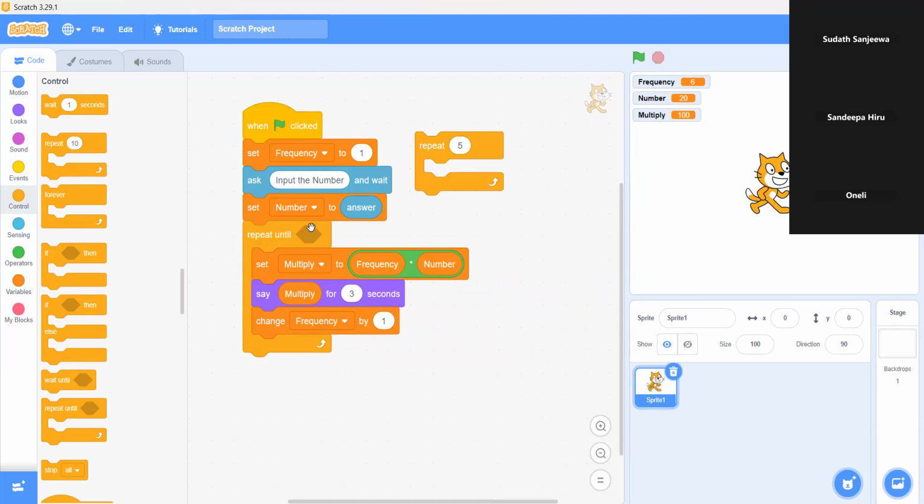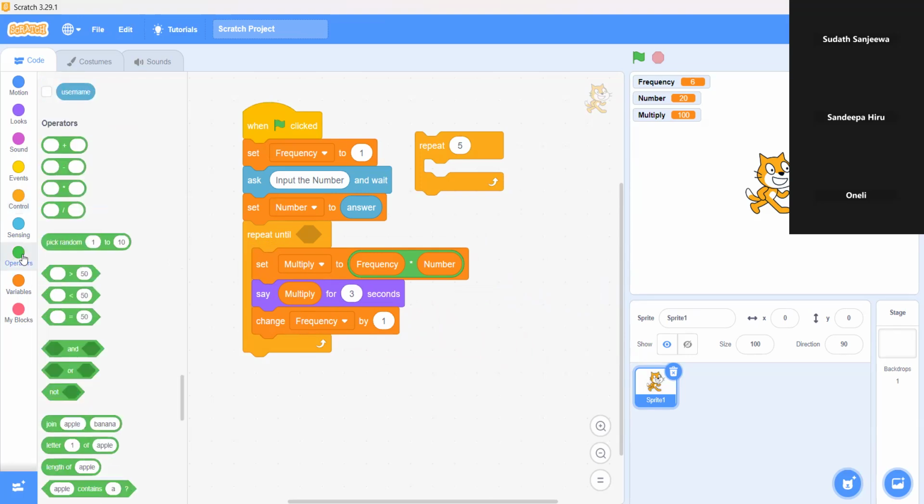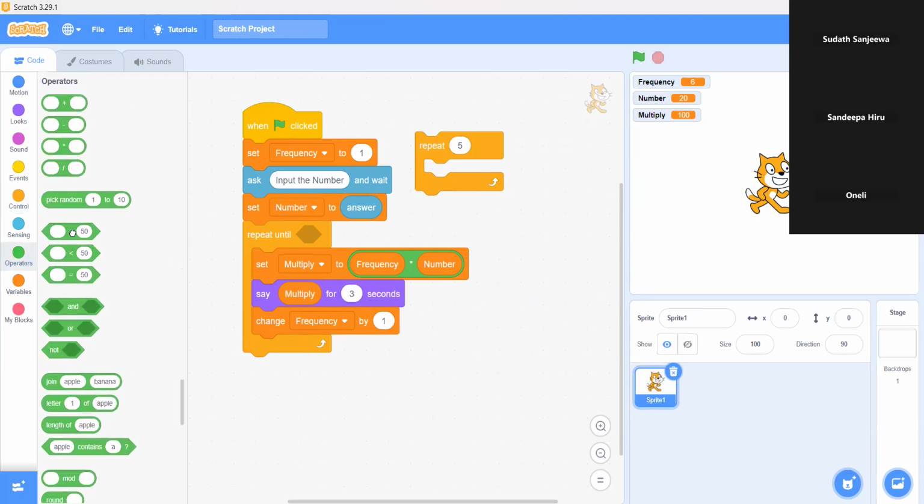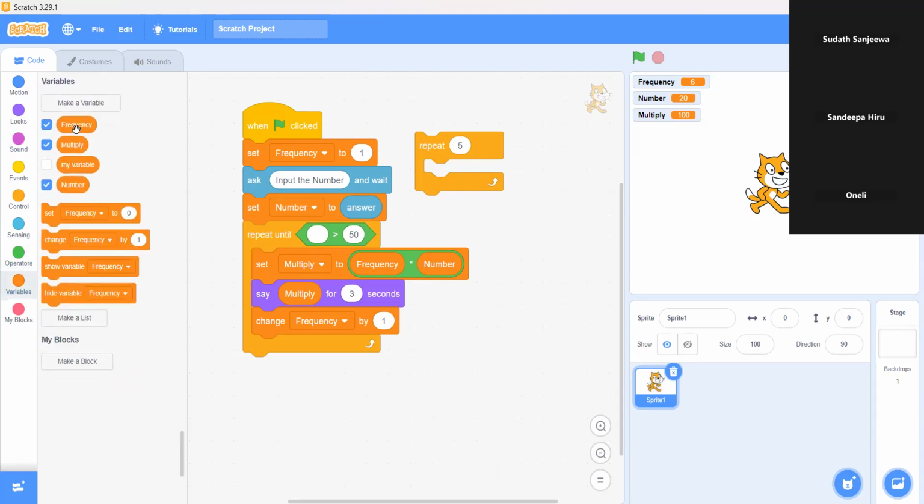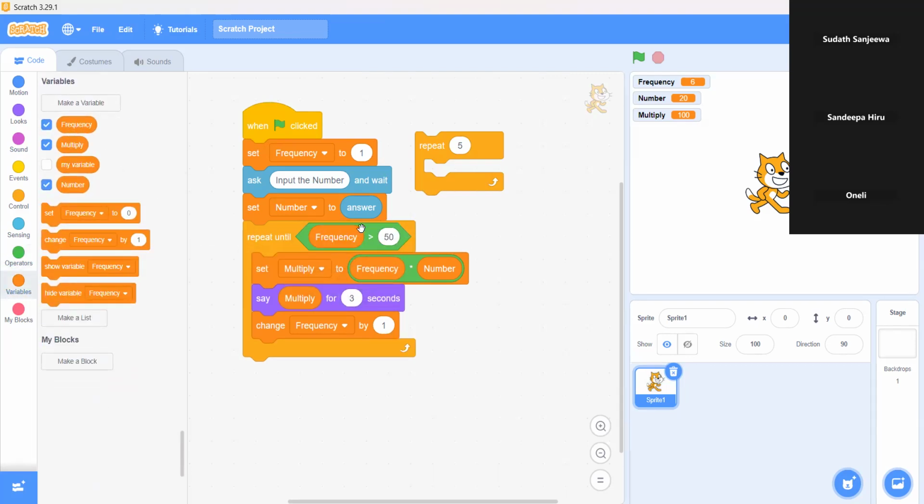Until some condition is true. So we have to do this one. Until what? Until frequency greater than what? According to our question, frequency greater than 12. Until frequency greater than 12 means,